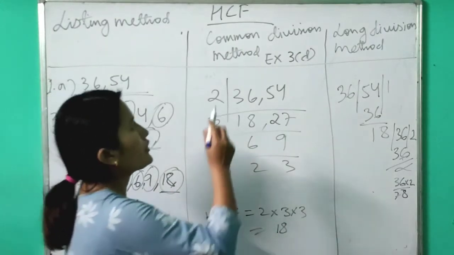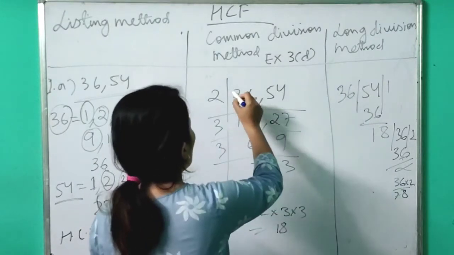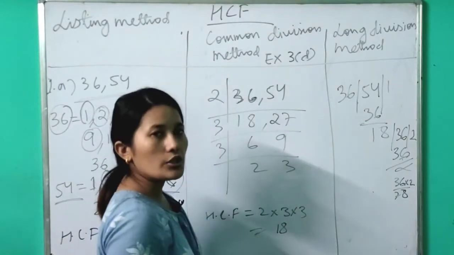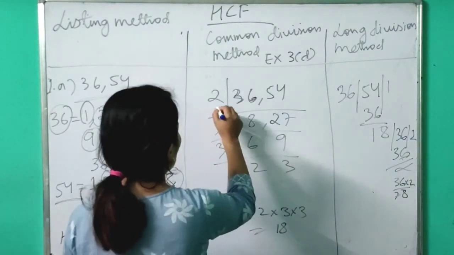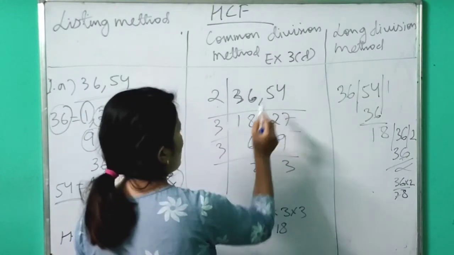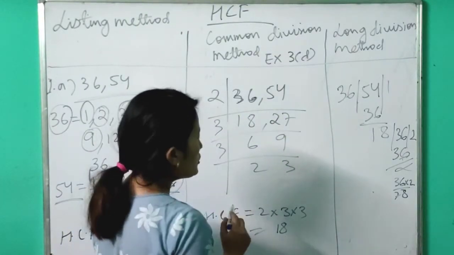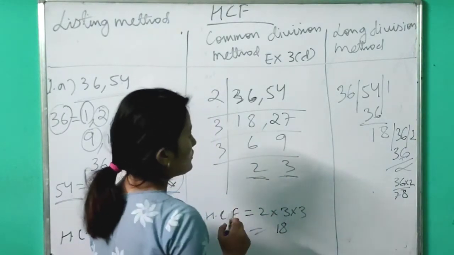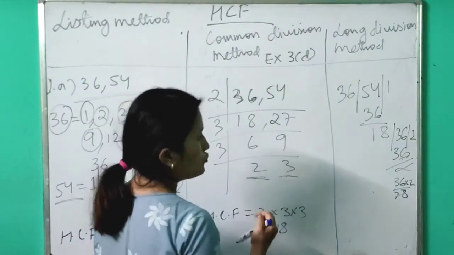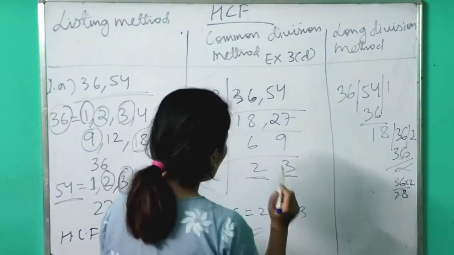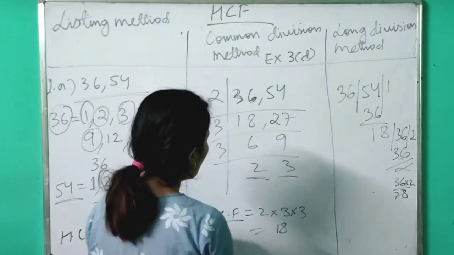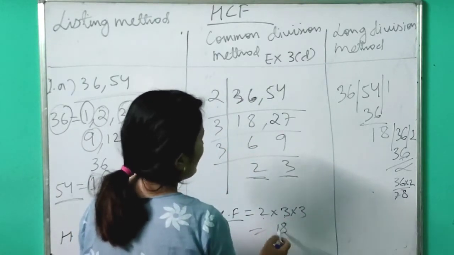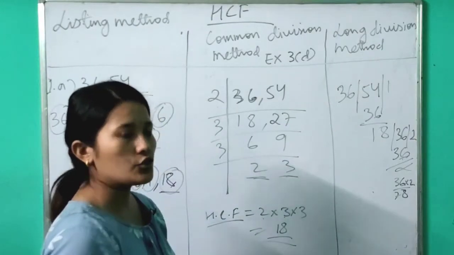Now the same question using the common division method. You take the two numbers separated with a comma and divide the numbers, starting with the lowest number, that is, starting with 2. So 2 18s are 36, 2 27s are 54. You will carry on the division until you get two numbers which are not divisible by a single number, like 9 and 3 here, no wait, like 2 and 3. You do not have any number which completely divides 2 and 3. So how do you find the HCF here? Take the numbers outside the column: 2, 3 and 3. Multiply these, you get 18. So the HCF of these two numbers is 18.